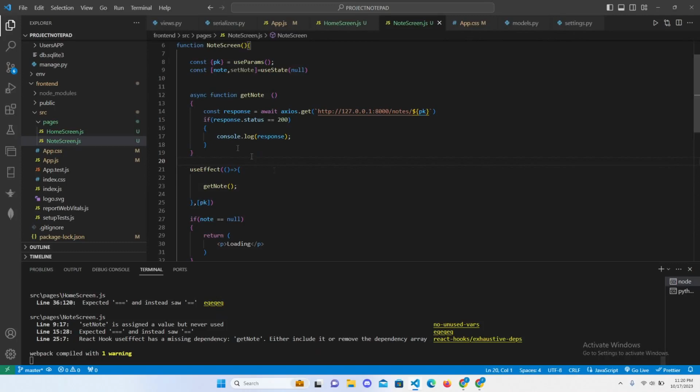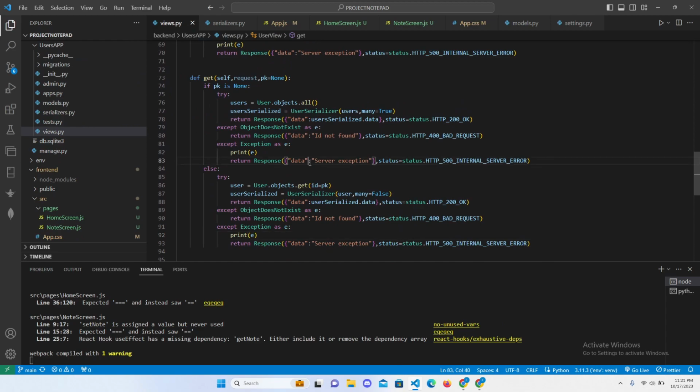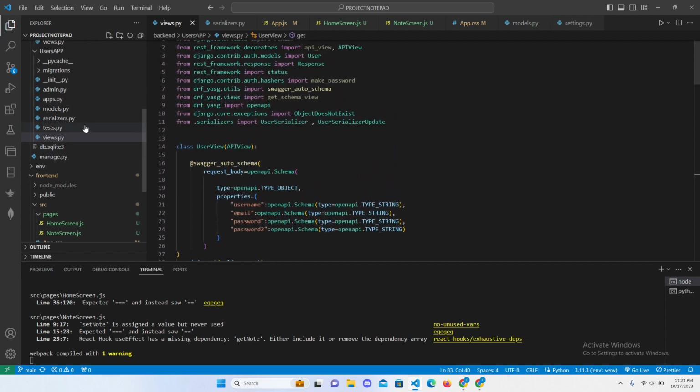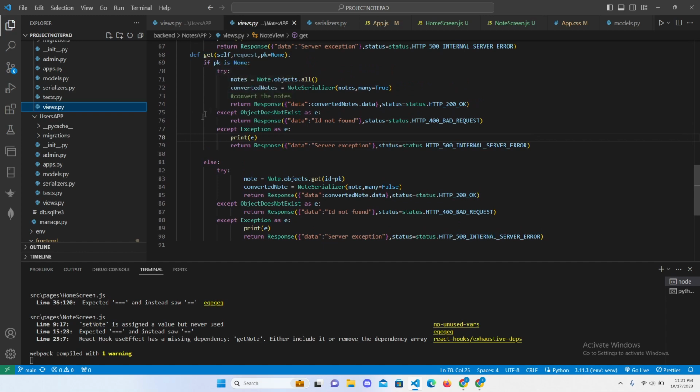So this page was loaded, and the useEffect is loaded firstly, which is going to call the function getNote, which is going to have the response from the backend. So we are calling notes PK, and this is going to call the function from the back, this one, as I told you before, but not from the user. Sorry, not from the user, from the node, which is going to be the get one, where the PK